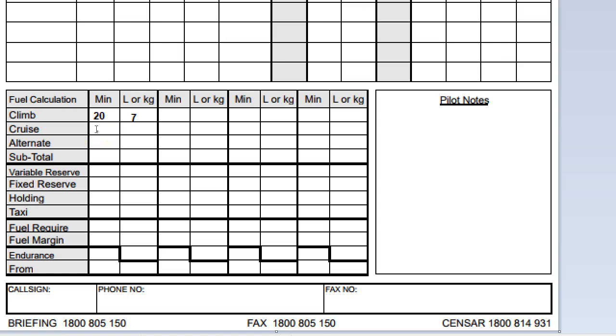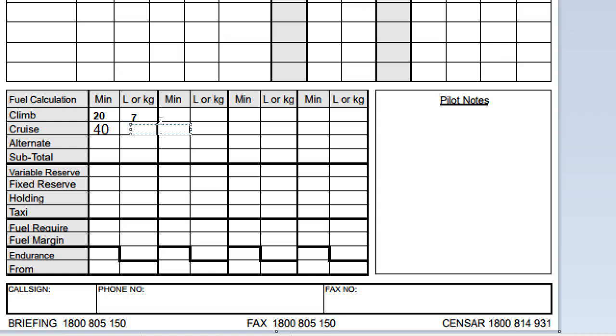So let's say you're going to cruise for 40 minutes, and you use, say, 20 litres per hour. That would be 2/3 of 20, so you just calculate that out. I'll actually use a calculator right now to do it, because you should be using your flight calculator to do this. So what you do is you put your 1 hour mark on the amount of litres, so I'm putting it on 40. Okay, and then you read back,